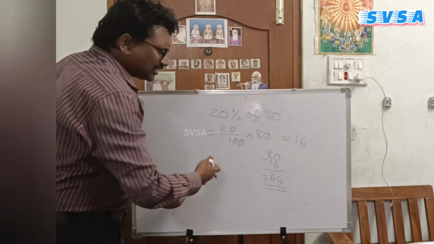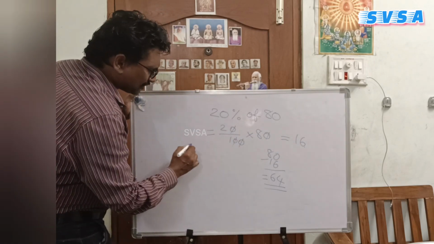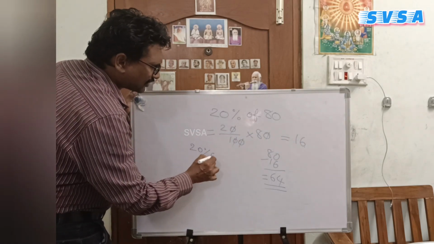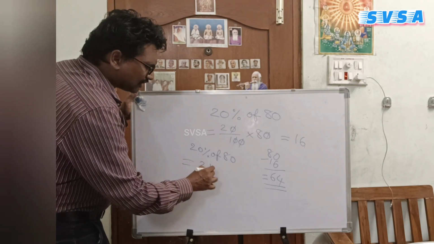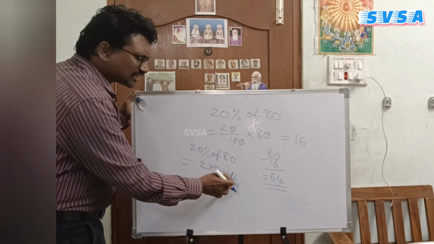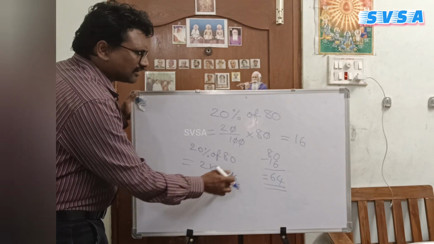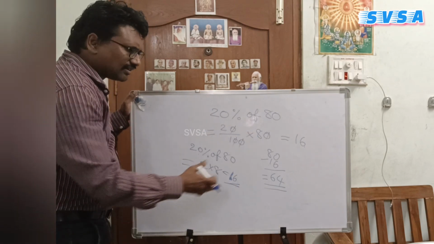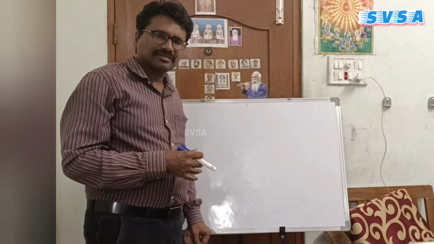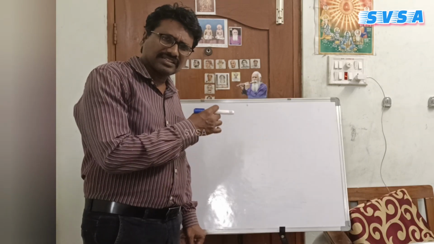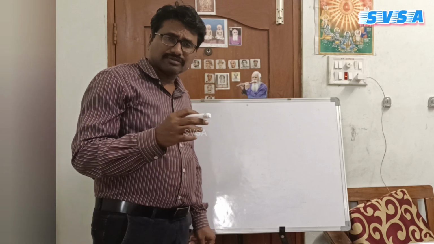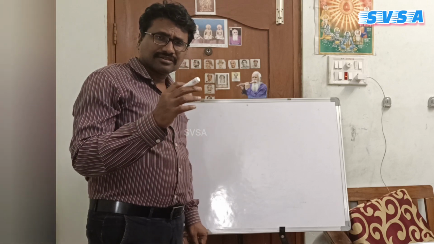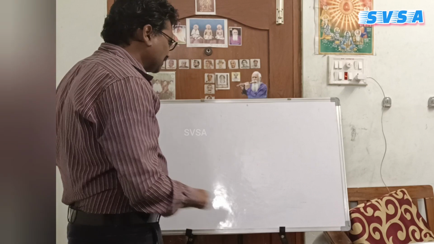Instead of doing all these steps, directly 20% of 80 means 2 into 8, 16. Subtract this 16 from 80 and we get the final answer. Similarly, we apply the same rule for all numbers that have 0 in their ones place. It means